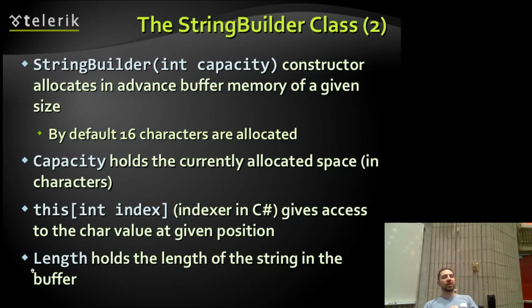Okay, so just to go over each of this, a string builder, you can give its constructor a parameter, which would be the appropriate capacity. Now, that doesn't mean that it's stuck at that capacity. It will grow just like a list will grow, but this is an initial capacity. By default, it's 16 characters. You have a property, or a field, I'm not sure which, that tells you what its capacity is,